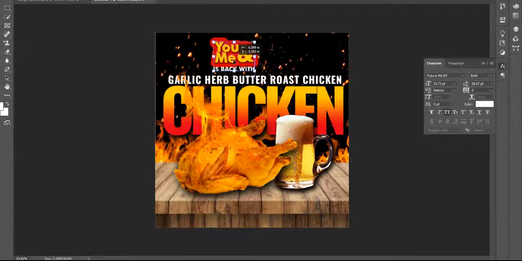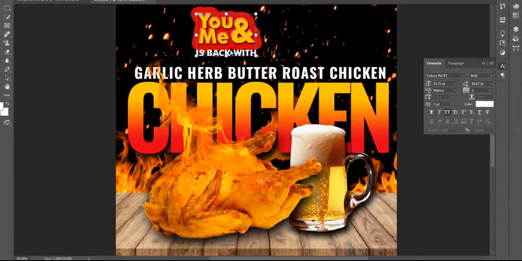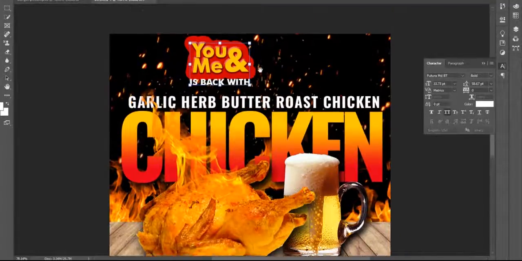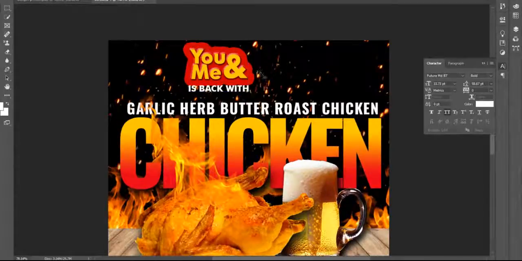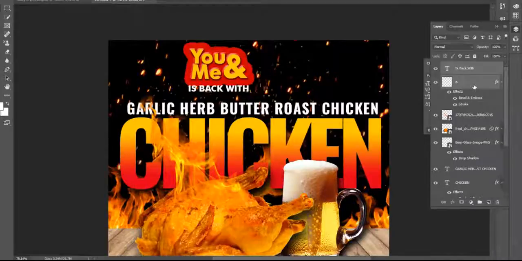When I drag from the corner, look, I made this one using layer style. So I press Enter to come outside. When I go to the layer palette, you just find this one, right? And look at my stroke. I just double click on my stroke, I mean the layer style.